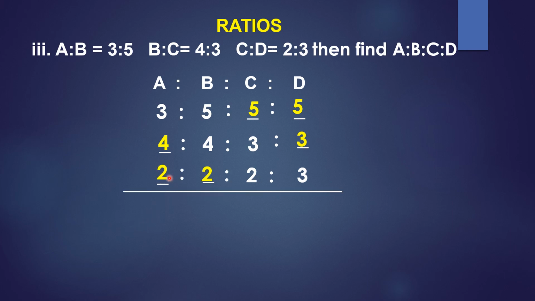That's it. So you observe, as we discussed, if any common number is there. Now here 3 is there. Is 3 in B? No. So it will not come. Under A 4 is there. Under B also 4 is there. But under C there is no 4. So you can't consider 4 also.